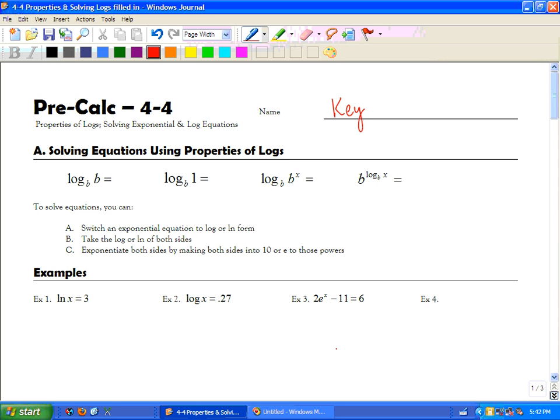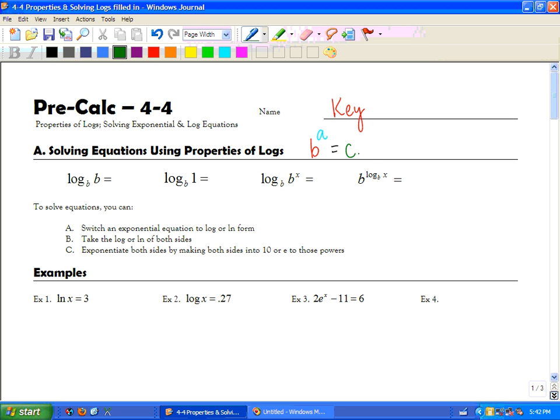Today we're going to be talking about section 4, which is properties of logs, solving exponential and log equations. So hopefully you remember from last year the way to switch from log to exponential form. So if you have something in exponential form, such as b to the a power